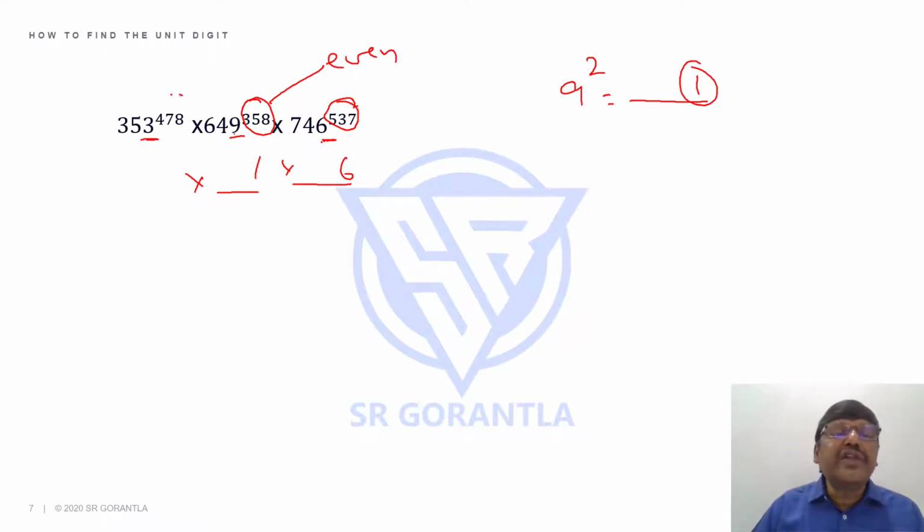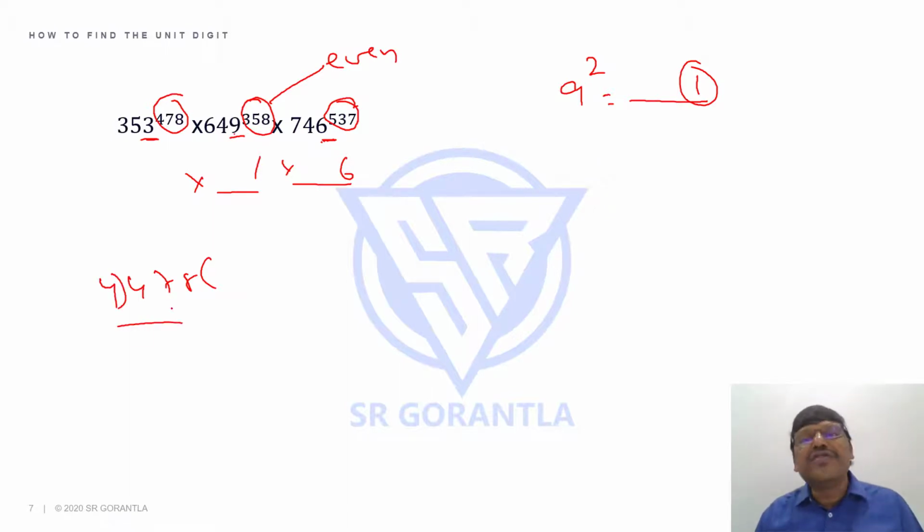3 means I should divide the power by 4. Students, you know 2378 means you should divide the power by 4. 478 I should divide by 4. But you know, students, don't waste your time dividing the entire number. In one of the earlier videos in the same module, we talked about divisibility rules. How do you say a number is divisible by 4 or not? Last 2 digits is enough. You don't have to waste your time doing the entire thing.